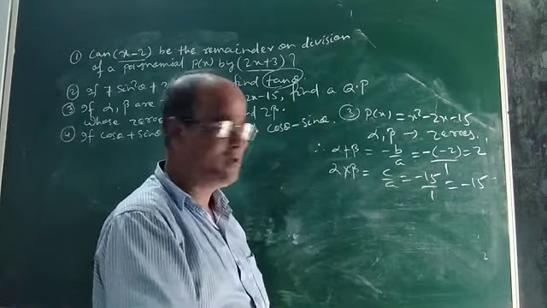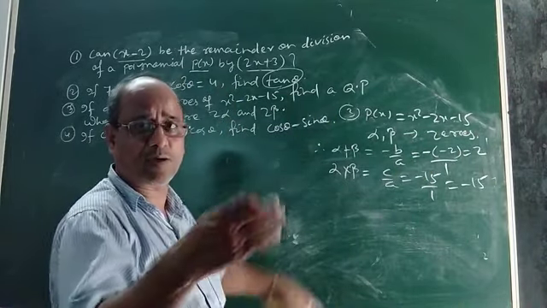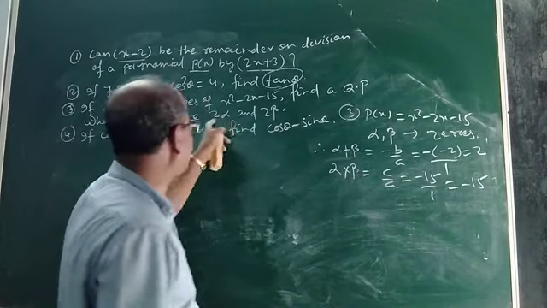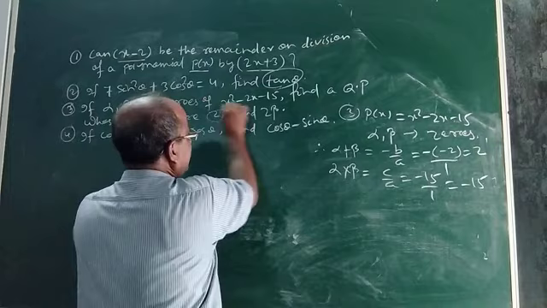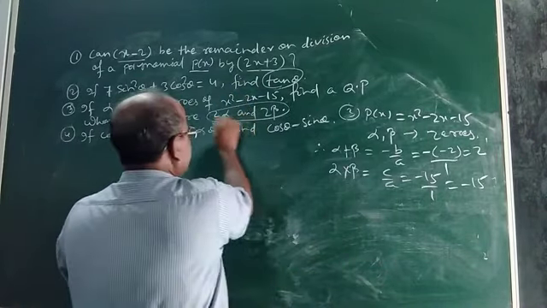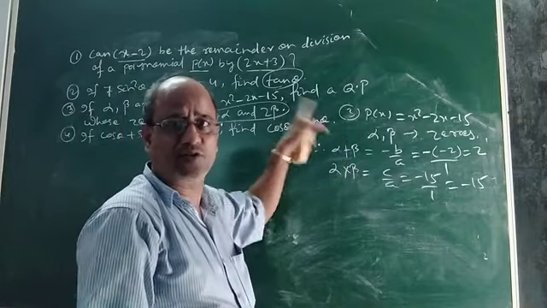Okay. But what is our aim? Our aim is to find another polynomial. We have to form another polynomial whose 2 zeros are given. So you see, these are the given zeros of the polynomial which we want to form. Now, the zeros of the polynomial which we want to form are given.